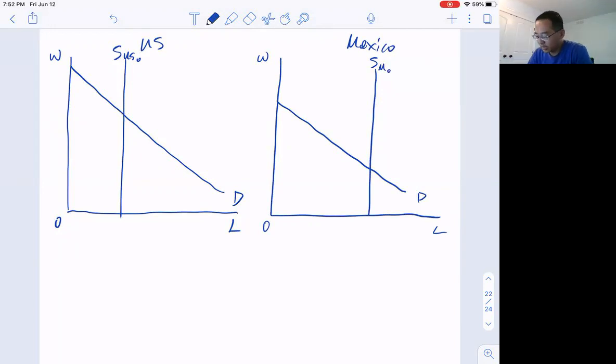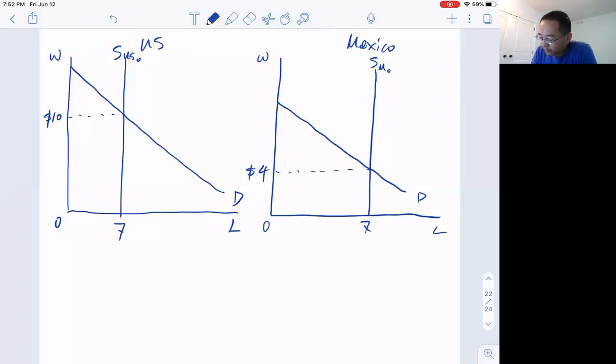Now let's say that in the U.S., in the beginning we have 7 million workers. Well, yeah, so maybe not 10 million. Let's say each start with 7 million. Okay, 7 million workers in both countries, but in the U.S., let's say people make $10 an hour, and in Mexico they make $4 an hour. Okay, and as a result,